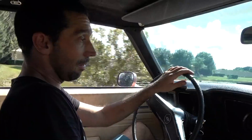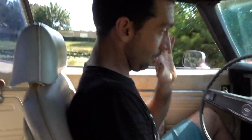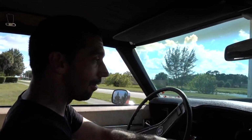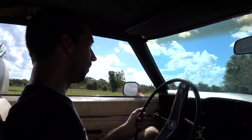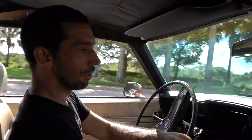So it feels, it's hard to explain. It's spongy but hard at the same time. The harder you press, you don't get like any feedback the way you do with a power brake, where you press it a little bit and it starts to grab. These you got to press pretty hard. The original brakes, the shoe brakes, were the worst. So this is a vast improvement over the shoe brakes being a disc, even if it doesn't have a power brake booster. So let's do a little run